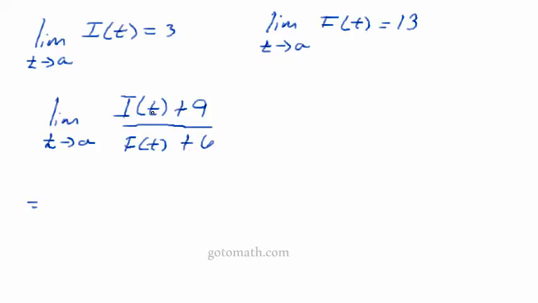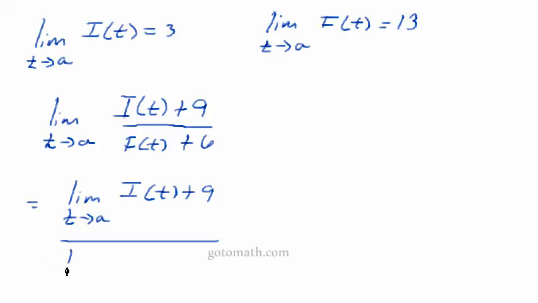So what we can do here is break this up into the limit as t approaches a of I sub t plus 9 over, wow, that's a straight line. I about said lime. The limit, it's just LIM is how we abbreviate that. And then we have f sub t plus 6. Okay, and I'm going to put a parentheses around that,